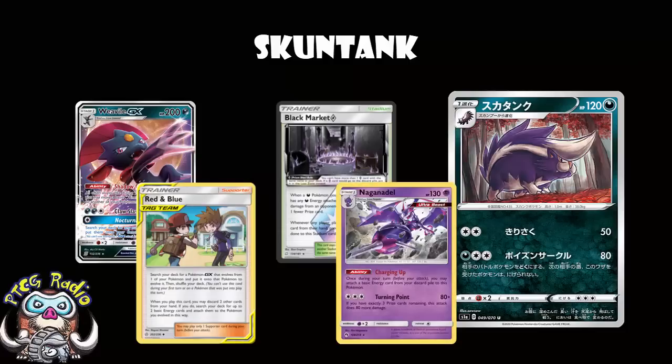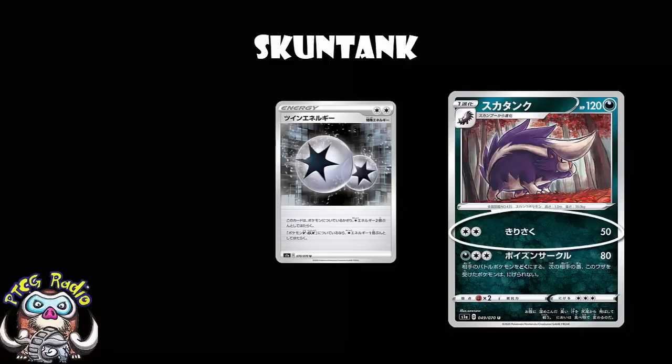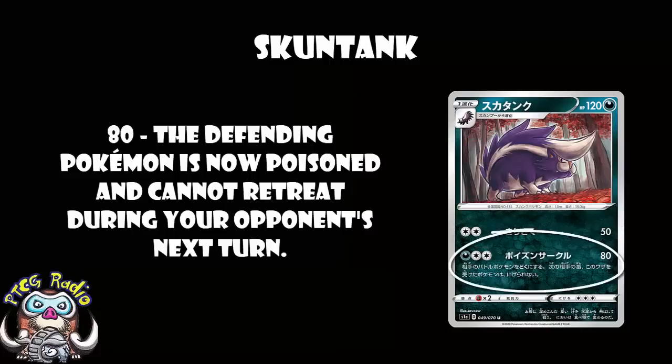It's fine. But the first attack isn't really trying. The first attack, 2 energy, 50 damage. No! Yes, we can use twin energy. No, we're not going to. But Darkness double colourless, 80 damage, plus poison, plus that Pokemon can't retreat during your opponent's next turn. Almost